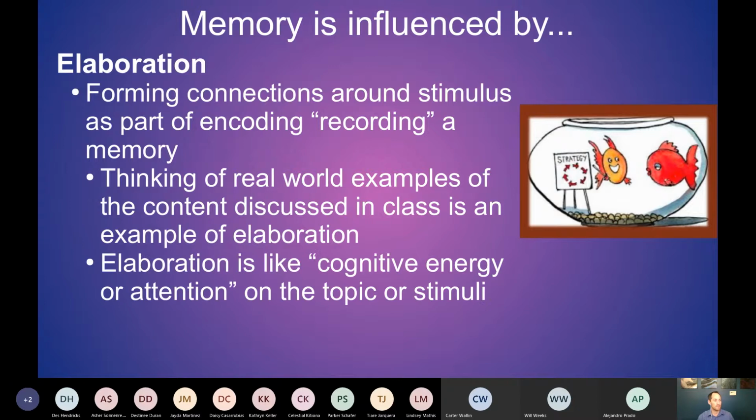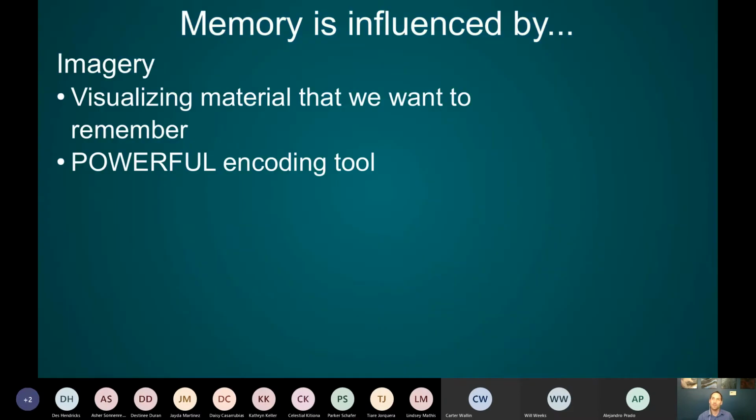It's like using more energy to think more deeply about whatever it is, whether it's the situation you're in. So you're at the DMV and something happens and you want to remember what the person said about something you've got to bring for next time. So think about where it is, that would be a deeper way of processing that. Plan to do that. Write it down. Those are deeper levels of processing, and you're more likely to remember in those cases.